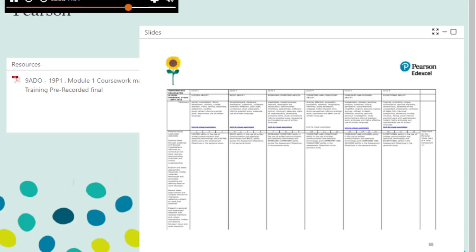Here is the performance calculator for the personal study. You can see that all of the assessment objectives are generically applied to each level, and each level also has a specific criterion for the use of written language. To demonstrate its use in practice, we will go through each assessment objective in turn as we look at Ivy's